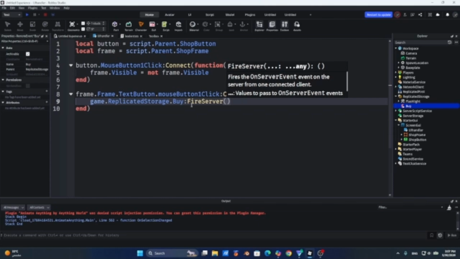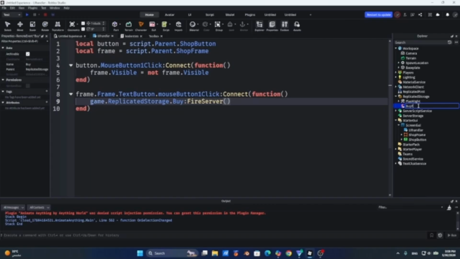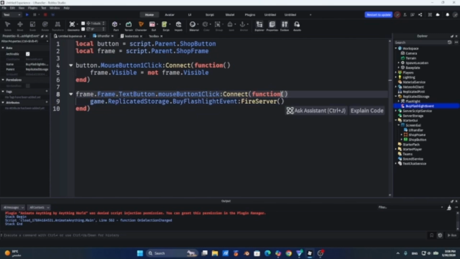I'm just gonna make this "buy flashlight event".FireServer. No parameters needed, so let's go to somewhere in the server actually, and right before that I should actually